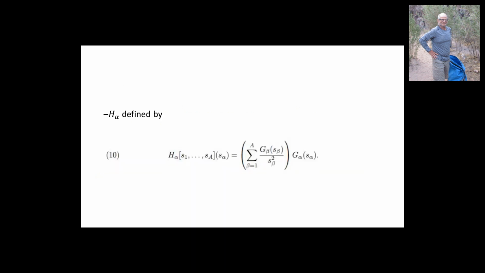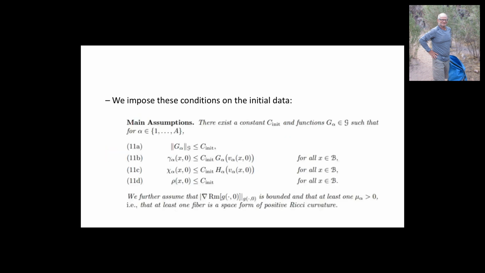So given the G alphas, we can further define what we'll call H alpha. These depend entirely on the choice of the G alpha. The H alphas are given as a product of the G alphas times a summation of these G alphas over S squared. So we want to specify certain assumptions on the choice of the initial data of these